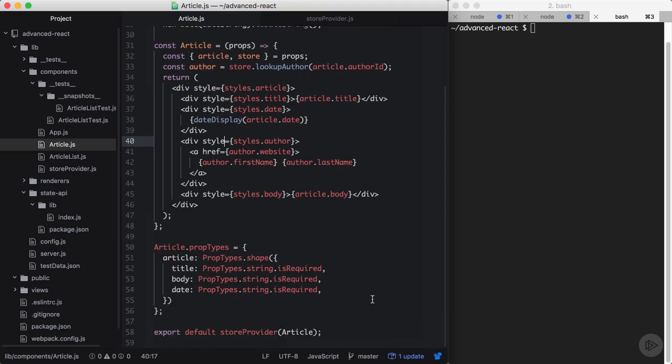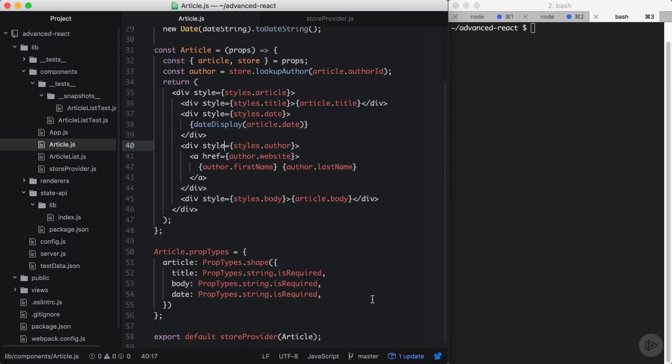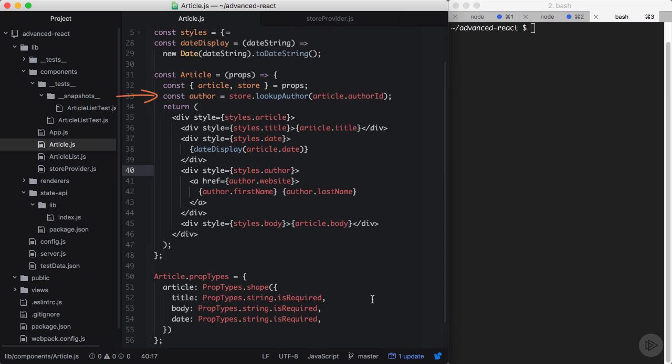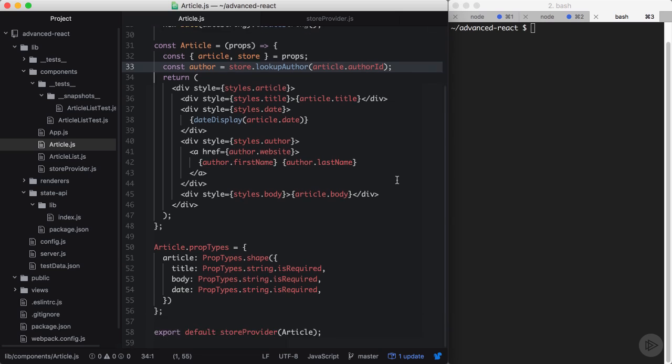The article component is now a contained one, which takes it further into the presentational direction. But one can argue that it still depends on the store API here by calling the lookup author method directly from the store object. It would be ideal if we can extract this logic as well and have it maintained by a different entity. Since we now have a store provider function that basically renders this article with the same